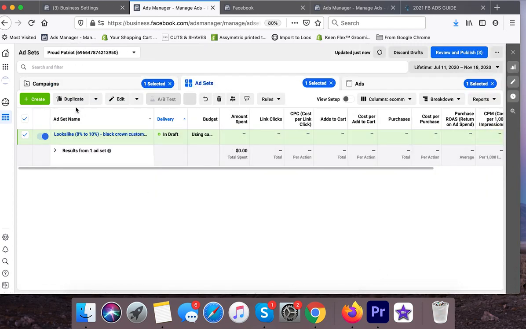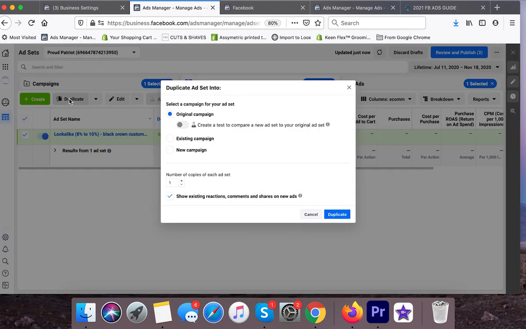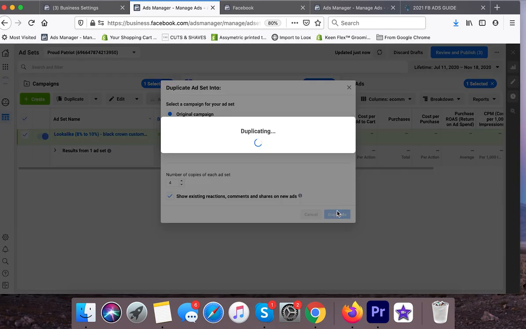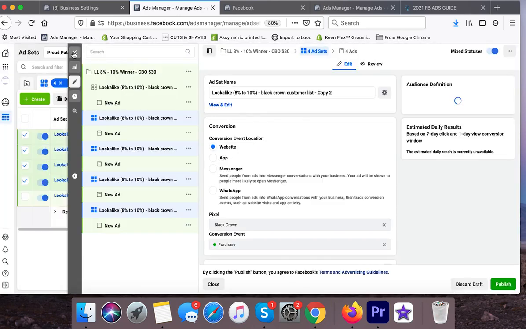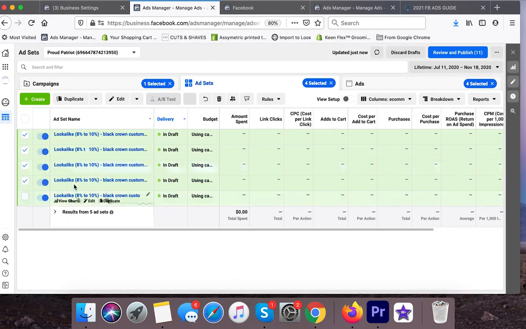You can do it two ways. You can either leave this and let it run with just one ad set, but the better thing to do, where I got better results, was to dupe this out into 4 different ad sets. Now, what this is going to do is it's going to spread the $100 between all of these 5 ad sets, and you're going to see within the next 1 to 3 days which is the winning ad set,